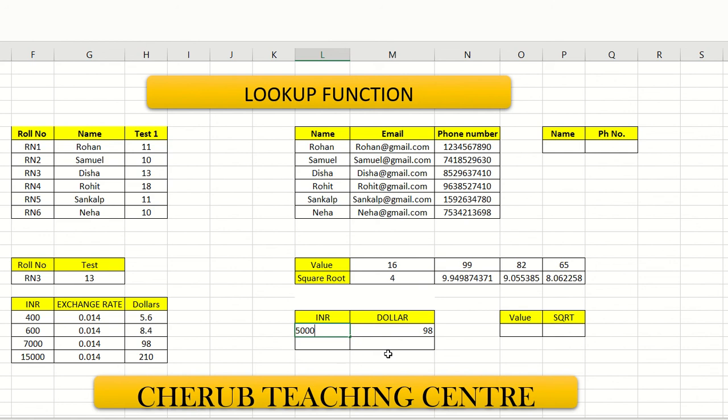If you remember, last time when we used VLOOKUP, the last parameter that we used to enter was 0 over there. That is to find the exact match. Here it is going to find the approximate match. So if I enter the value 5,000 over here and hit enter, it is giving me $8.4. Please understand why. After 600 I have 7,000. So it is less than 7,000, so it is in the range of 8.4. That is what exactly it is saying.